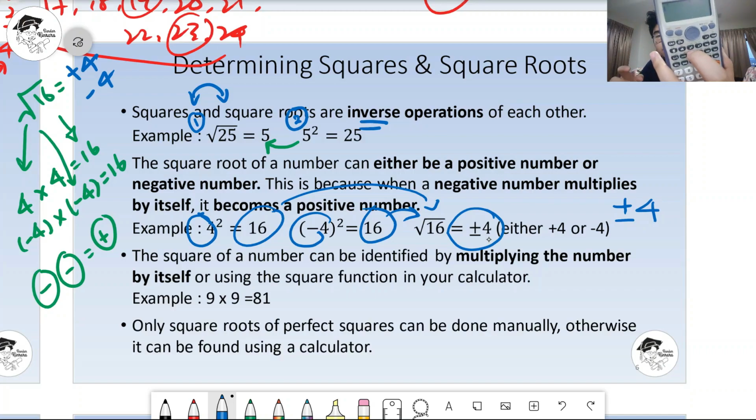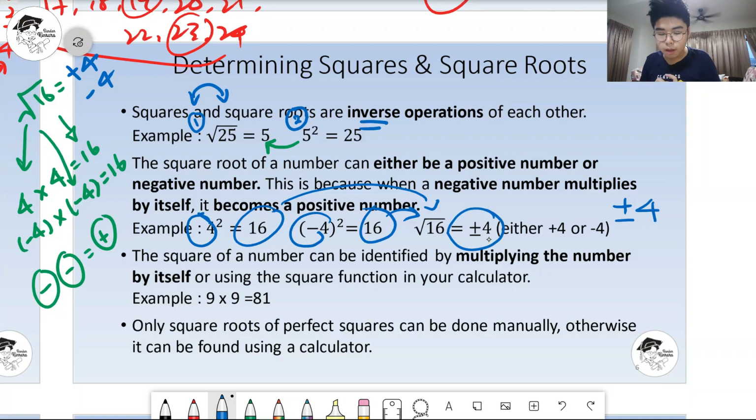Okay, dekat sini you kan nampak x square tu, you boleh tekan x square tu, ataupun you nak, okay, if you want to put the square in yourself, you boleh tekan butang yang kat sebelahnya yang ada satu kotak putih tu, you tekan yang kotak putih tu, you akan nampak ada 2 ruang kat bawah tu untuk nombor asal kamu, dan ruang yang lebih kecil kat atas tu untuk yang kuasa, so kalau you nak untuk square ataupun kuasa 2, you isikan nombor 2 kat ruang yang atas. Okay, sebab ruang yang atas tu untuk kuasa, so you will get a square of a number. So that is what you will get. Jadi you boleh buat 9 kuasa 2, you akan dapat 81, or 9 darab 9, you will also get 81. Okay, you can do both.